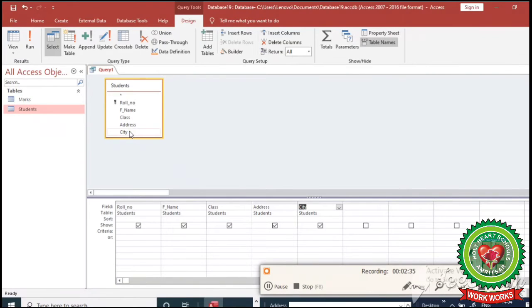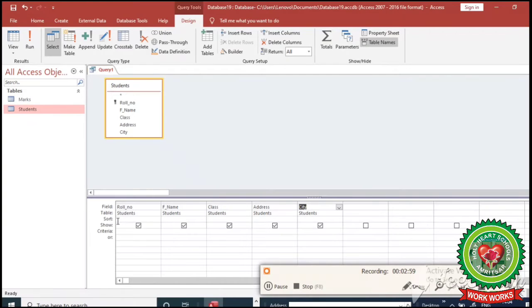Now you can see the selected field names from the table as shown in the field. Now next is table. This is a table. It shows the table name, like the students table is there, so table shows students.